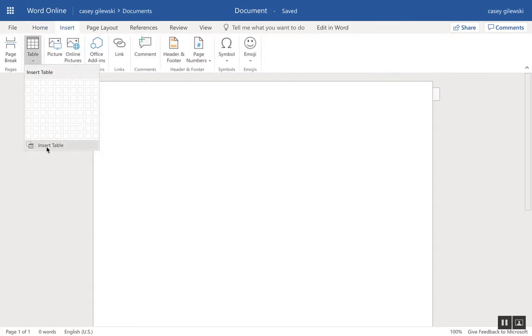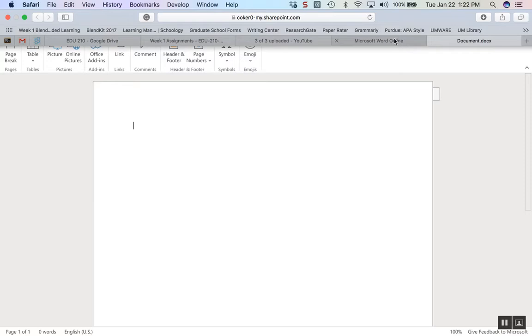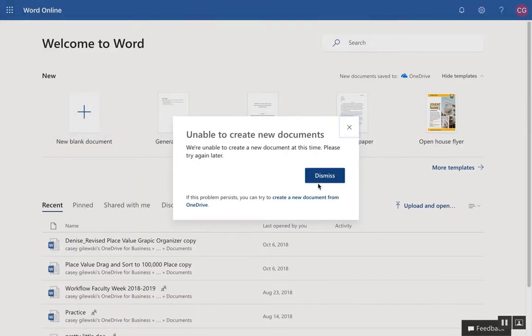For instance, something that I have you do as an activity is convert text to a table. You do not have the option to do that here. So what you would have to do is use the full version, which you would have to download onto your computer. To do that, you would just come back over into